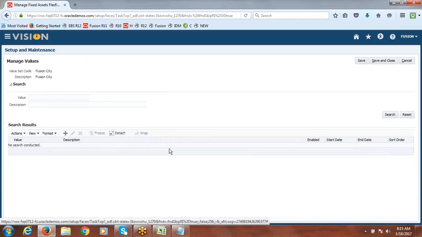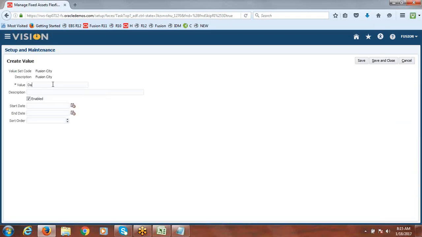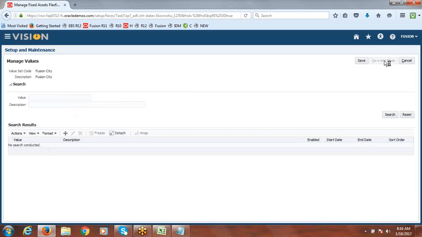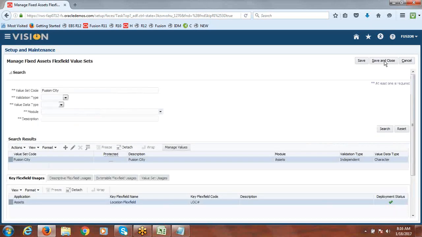Manage values. What we can take here, you can take Dallas. You may give as a description. So 7 plus. Done.